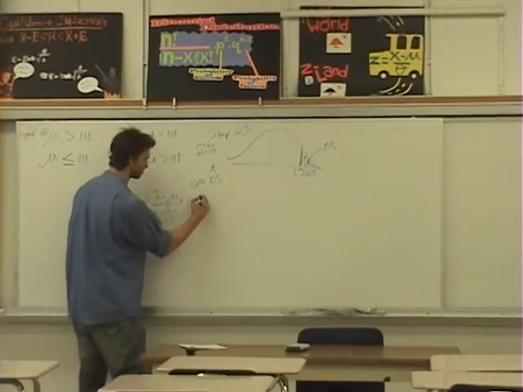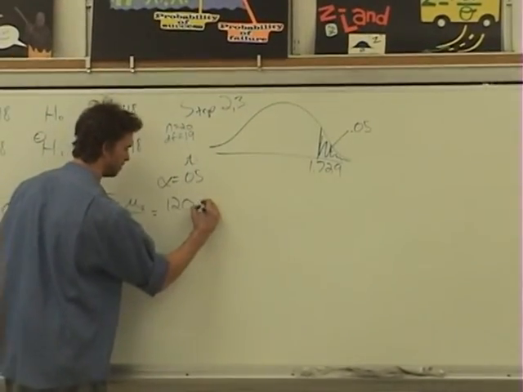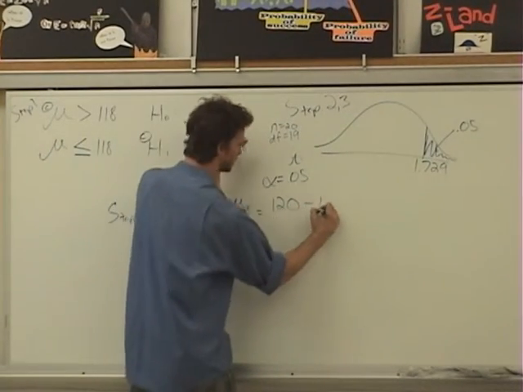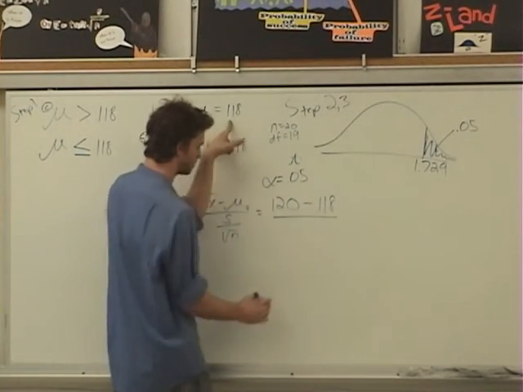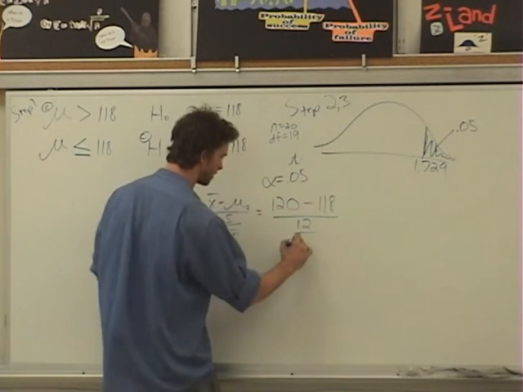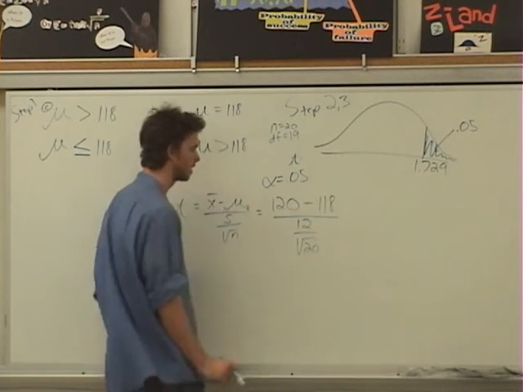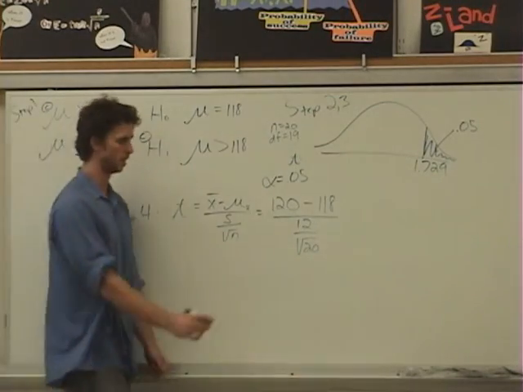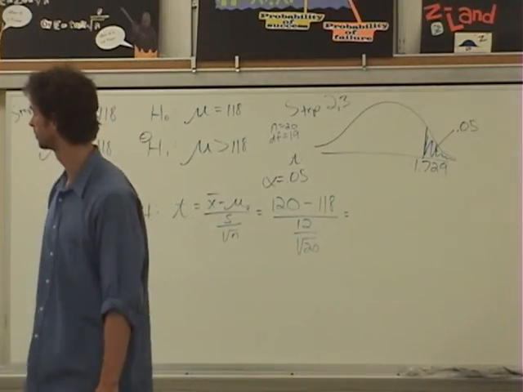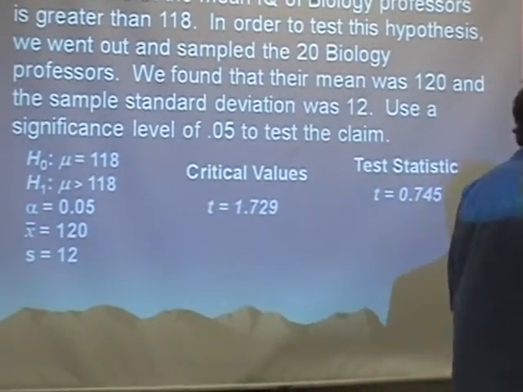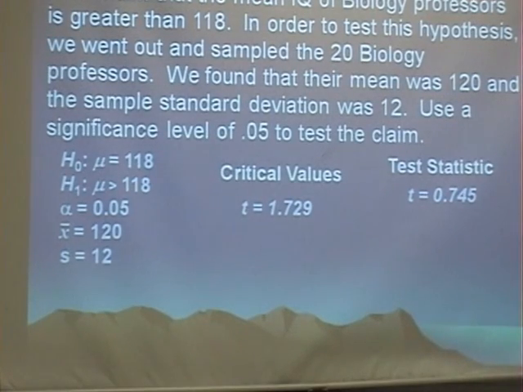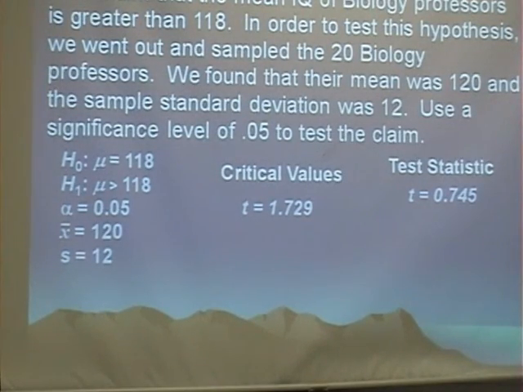The mean was 120, minus what we expect mu to be, what we're assuming it to be, which is 118, divided by s, which was 12, divided by the square root of n, which we remember was 20. Go ahead and calculate that. But what you should get at the end, after a short song, is